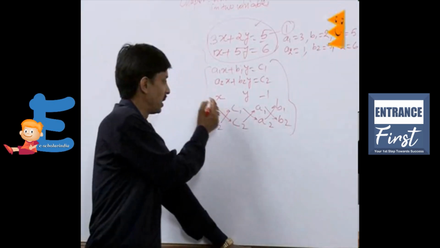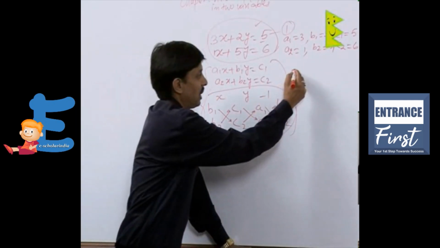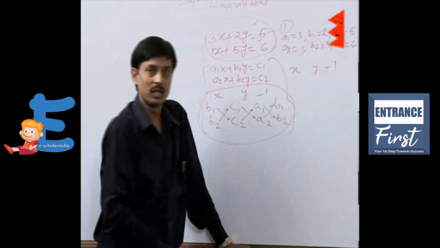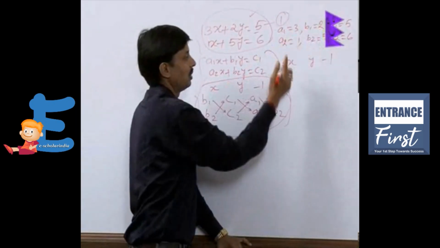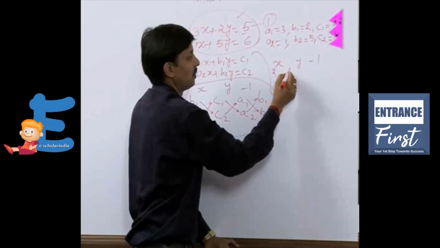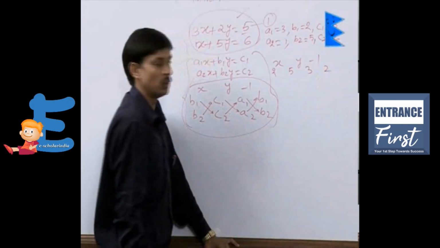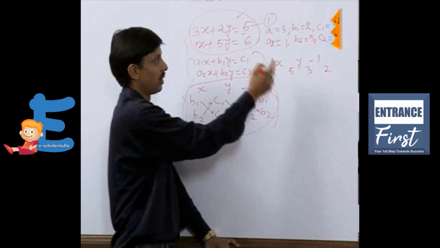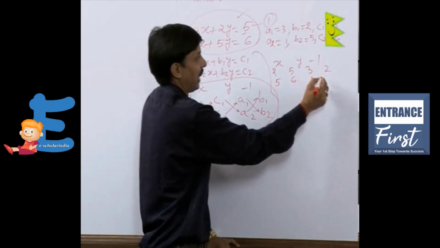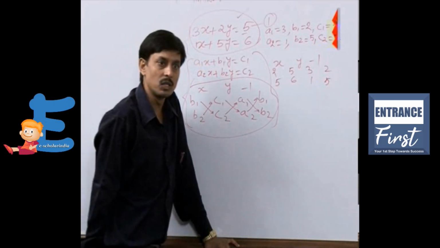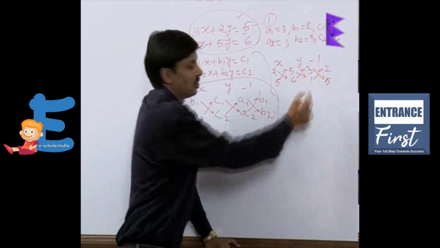So to use it here in this part, what we are going to do is like this: x, y, minus 1. B1, C1, A1, B1. What is B1? 2. What is C1? 5. What is A1? 3. What is again B1? 2. First row BCAB is filled. Second row B2, C2, A2 and B2. Apply the signs of the multiplication. These are this into this minus this into this, into this minus this into this.